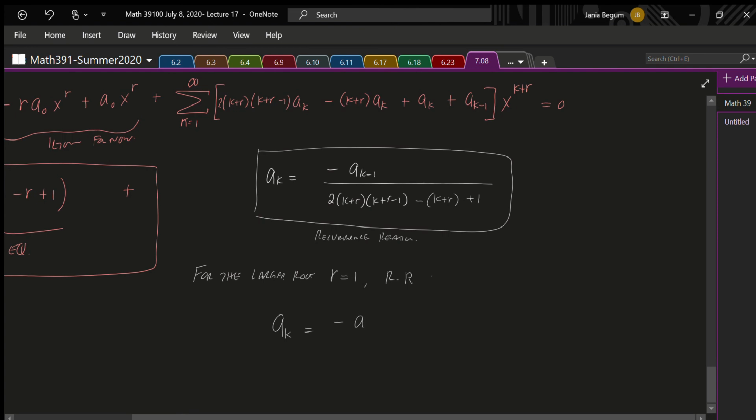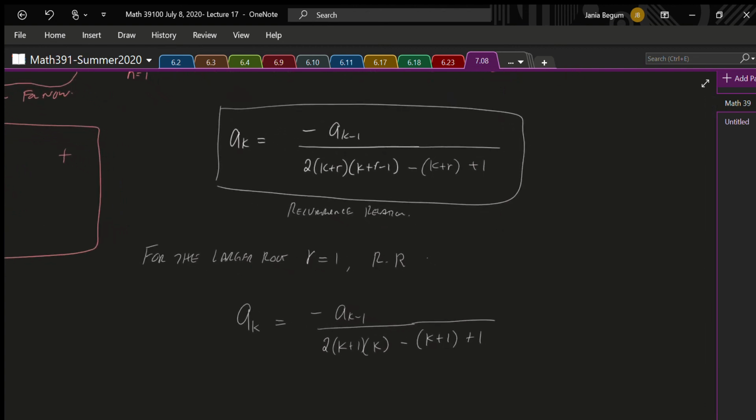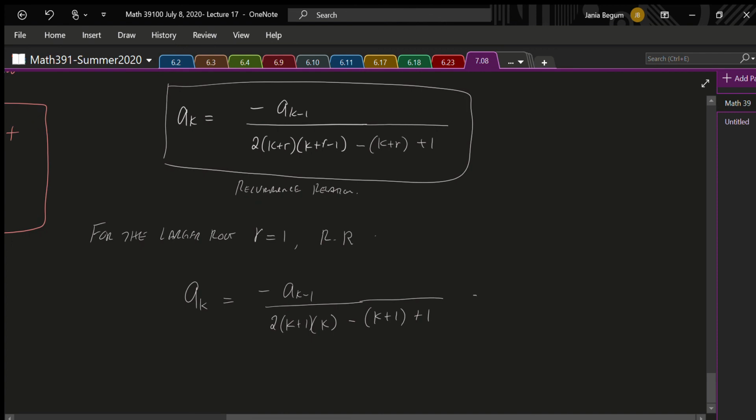So that's negative a sub k minus 1 over 2 times k plus 1, k plus 1 minus 1, that cancels out, minus k plus 1 plus 1. And then you can simplify this so that when you get the coefficients, it's much simpler to work with. So I'm just going to go ahead and simplify this a little bit more. So we have negative a sub k minus 1 over, so on the bottom we have 2k squared, and then plus 2k